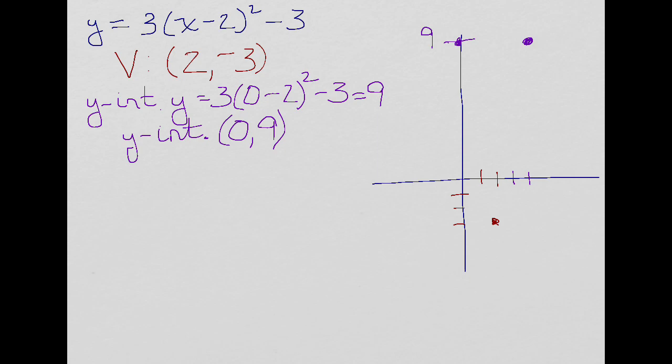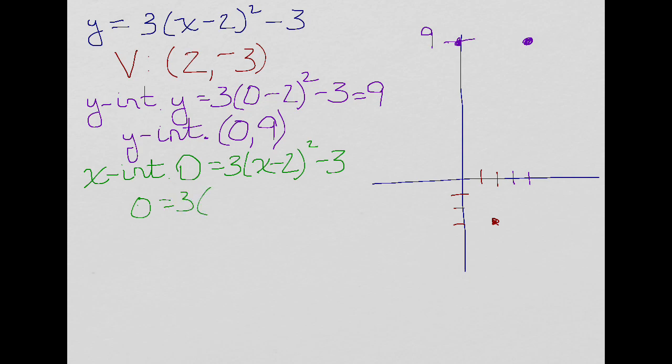Let's find some x-intercepts. We're going to find x-intercepts by making y be 0. So I'll have 0 equals 3 times x minus 2 squared minus 3. That's a quadratic equation. We can solve it by factoring or the quadratic formula, and to do either of those, I've got to fix this. That's not in a nice form. I want to have ax squared plus bx plus c. So let's go ahead and multiply out. X minus 2 squared